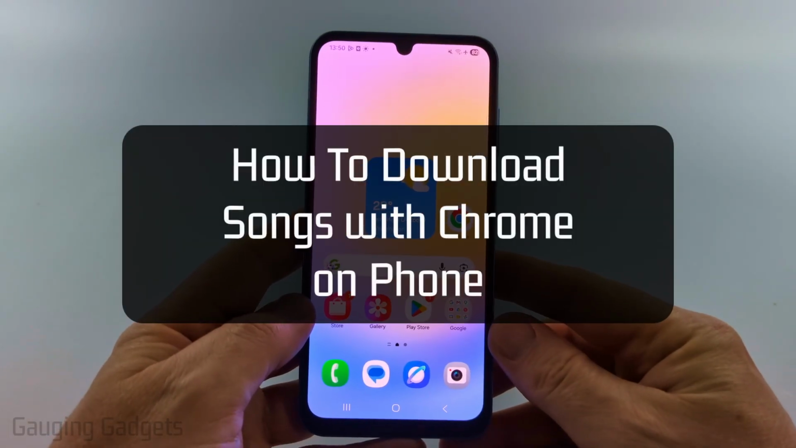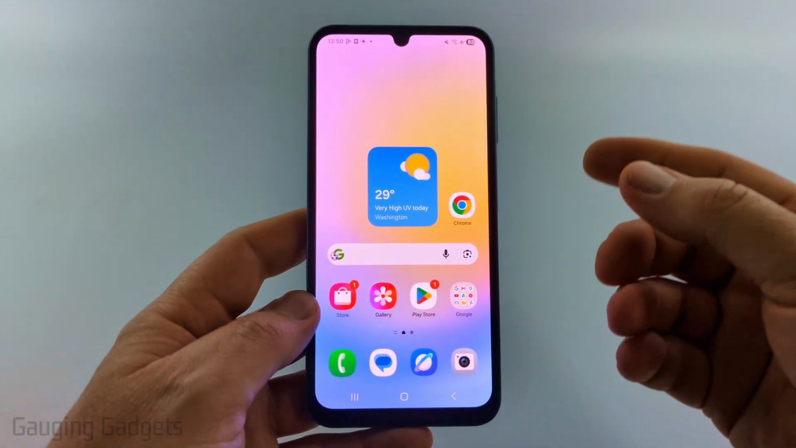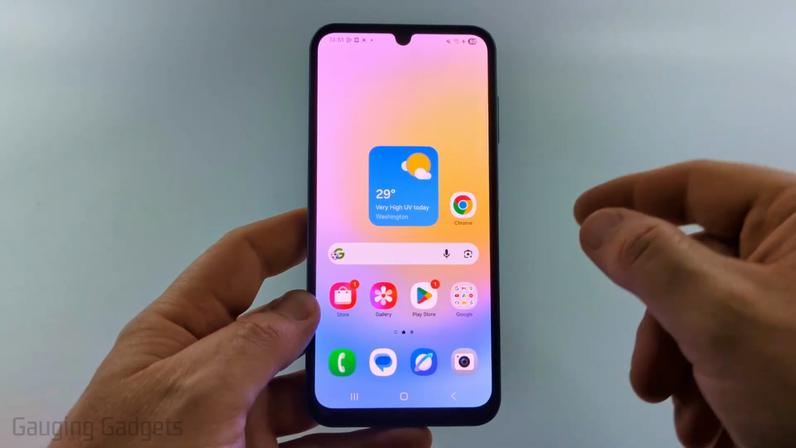How to download songs with Google Chrome on a phone. In this video, I'm going to show you how to download songs directly to your phone for free as an